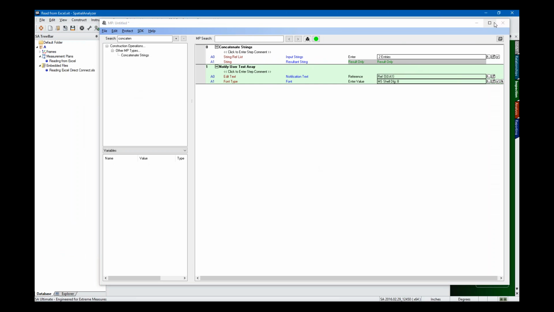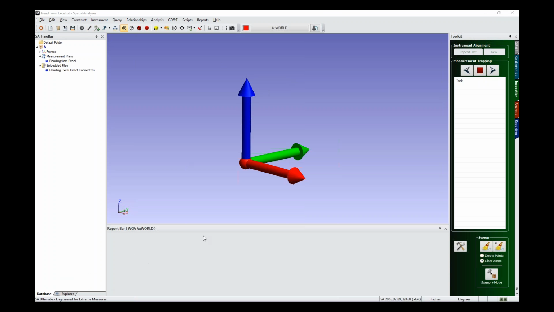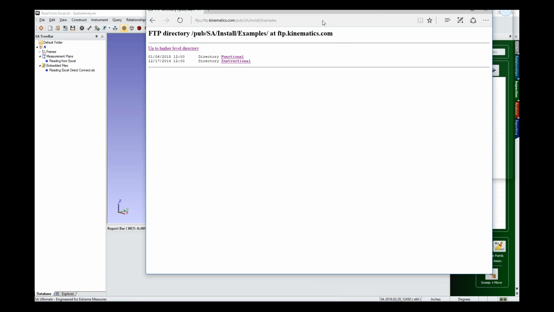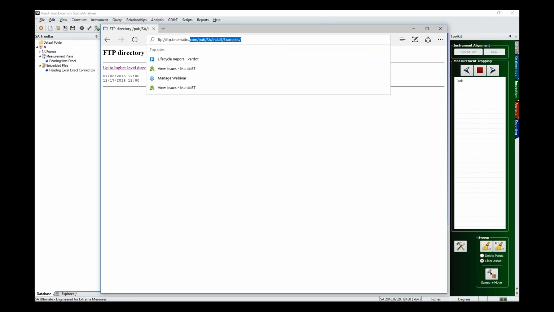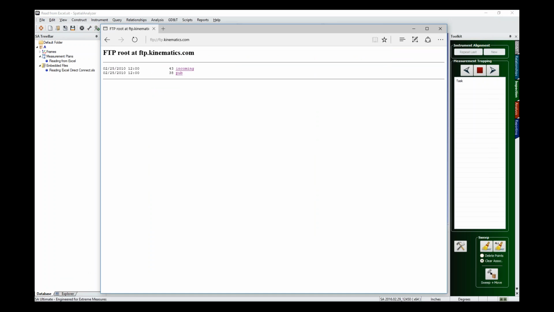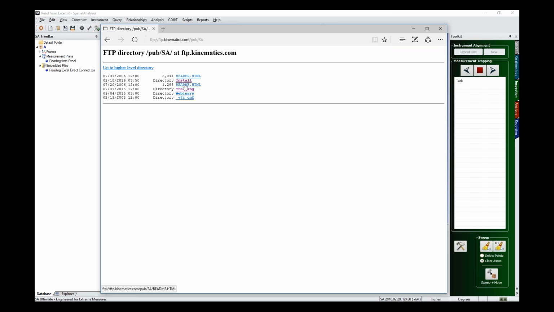So let's grab a slightly longer MP so that we can actually look at some of the cool features here. So I have one little sample file here. And oh, I should probably mention this. All of these sample MPs that I'm going to play with today are on our website, by the way, or FTP site. So if you go to ftp.kinematics.com, I'll go ahead and browse through the whole thing. You can go pub, SA, and then